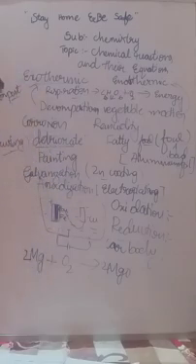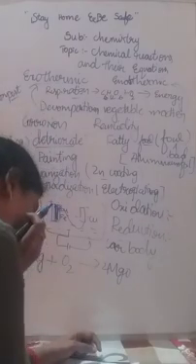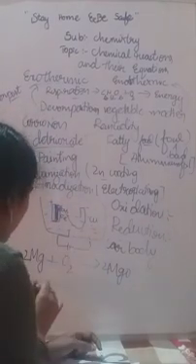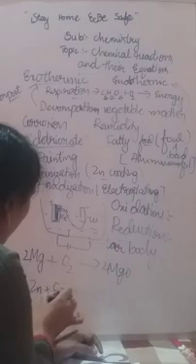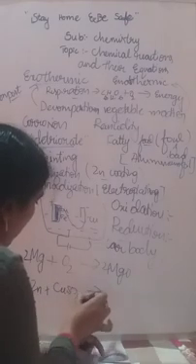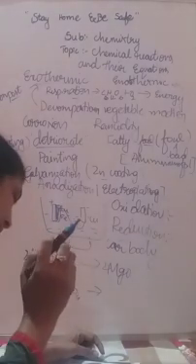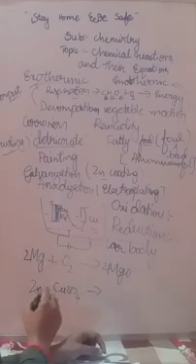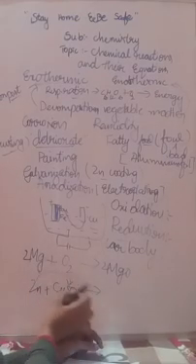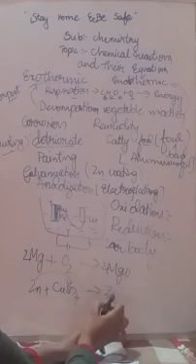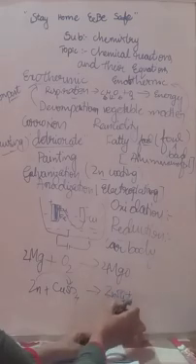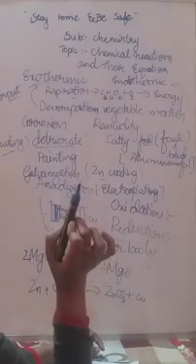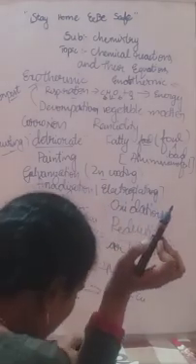Next, copper sulfate solution. When zinc reacts with copper sulfate solution, Cu is formed. The copper sulfate solution is blue in color, blue vitriol. What happens? You can guess here. A displacement reaction takes place. I mean zinc changes its place. That forms zinc sulfate, plus copper will be separated.